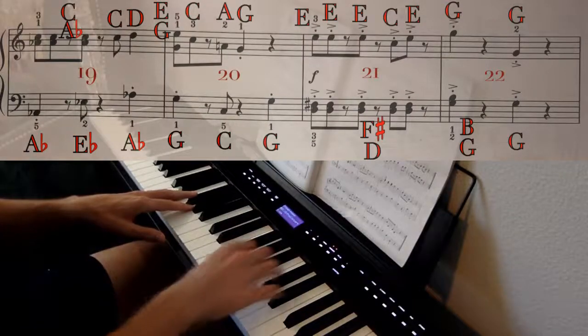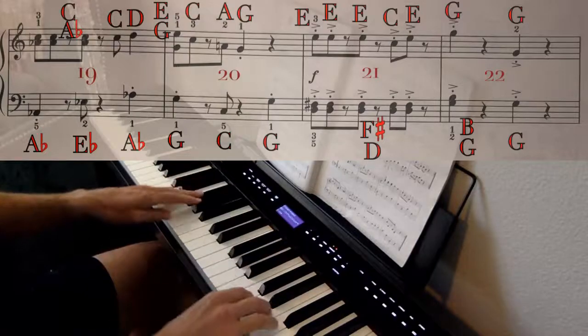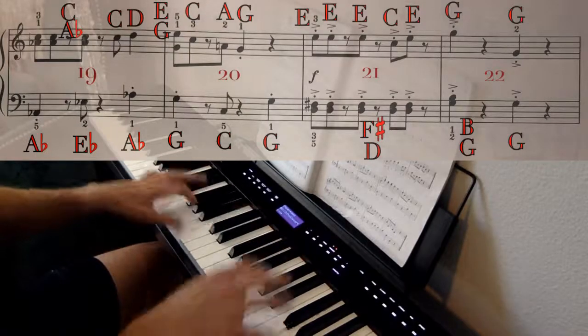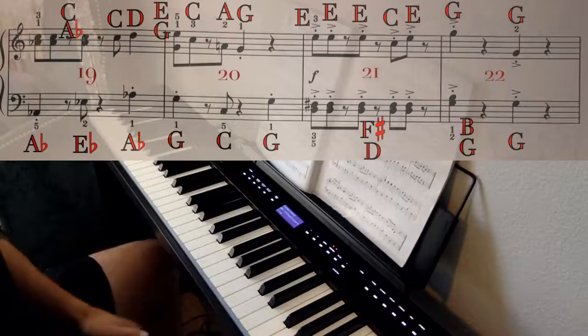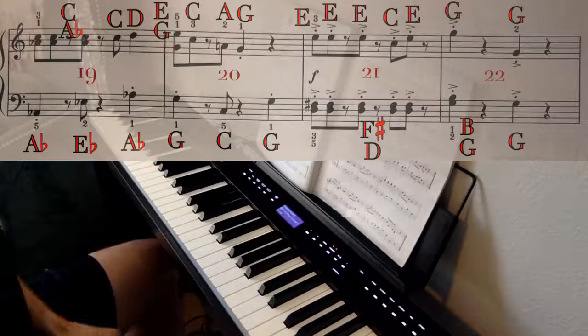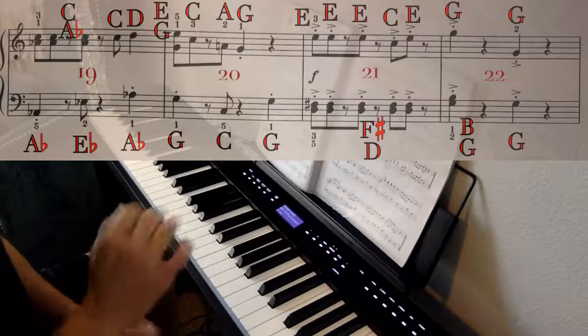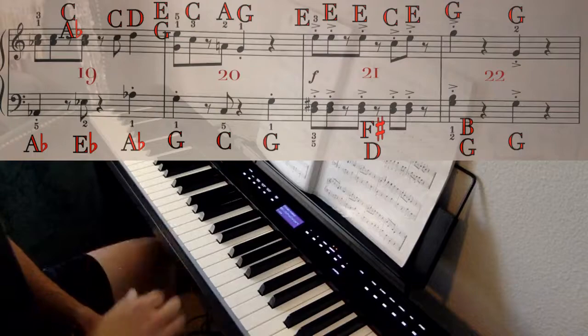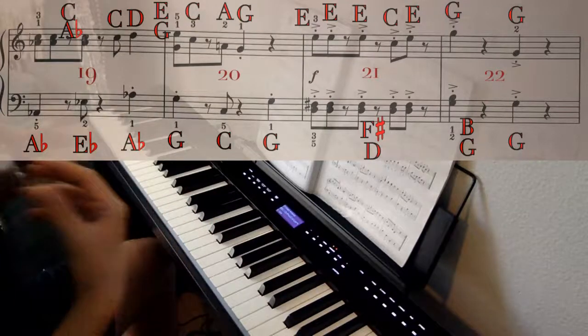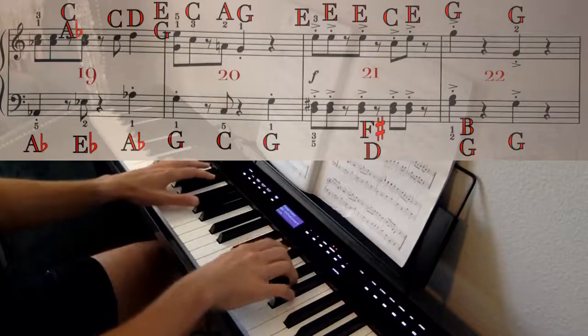Let's play that again. One thing you'll notice is measures number 21 and 22 are forte and accented. So that means we're going to get really loud. Every note is staccato, so it's going to be nice and short. And we're going to finish nice, loud, short, and intense. So once again, that's...